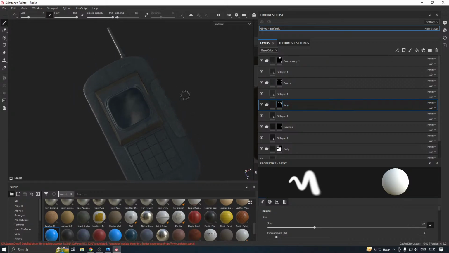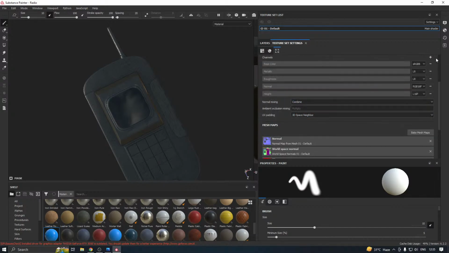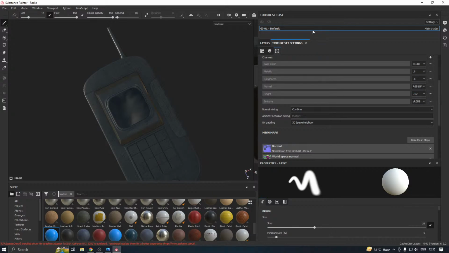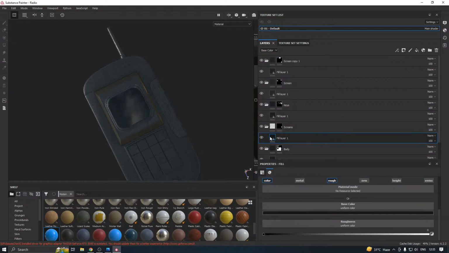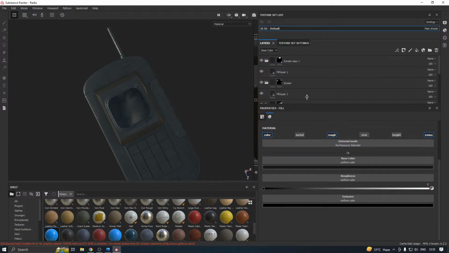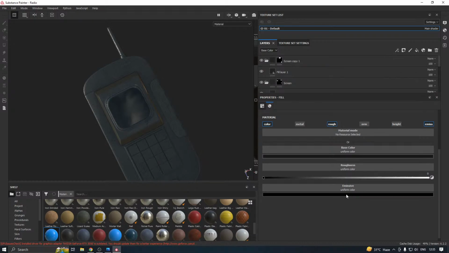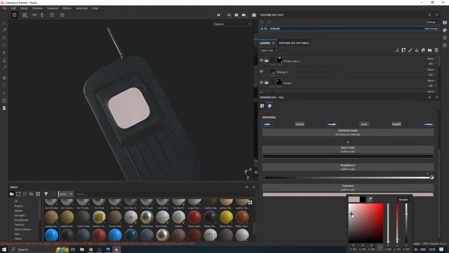Okay, we can actually make the screen glow. I'm gonna go to the screen set. We need to go to the texture set settings and add an MC texture, and in the keys, sorry, screens, we have this MCU. If I change the white,